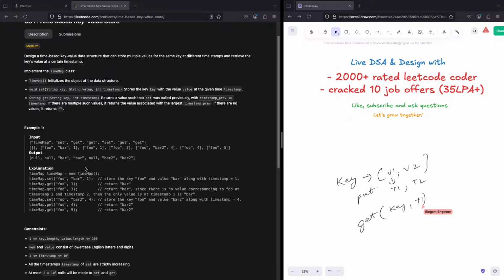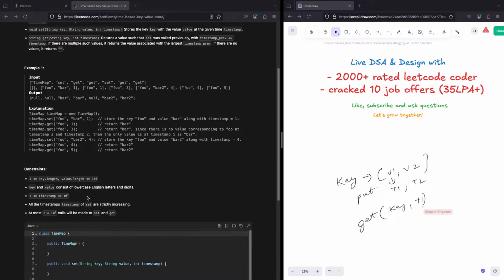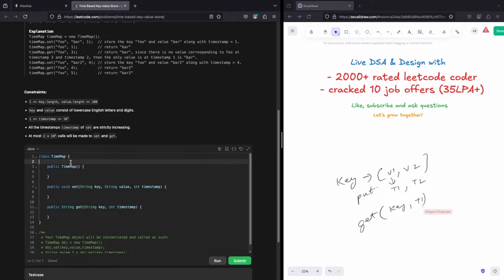Hmm. I think it is, you can do binary search on its list. So basically,